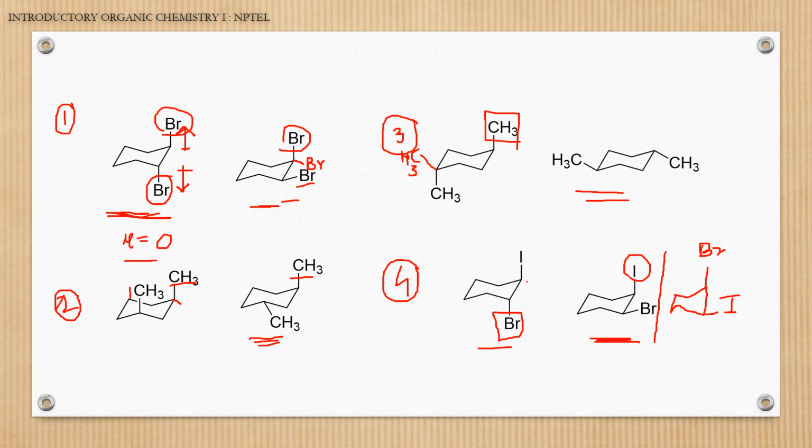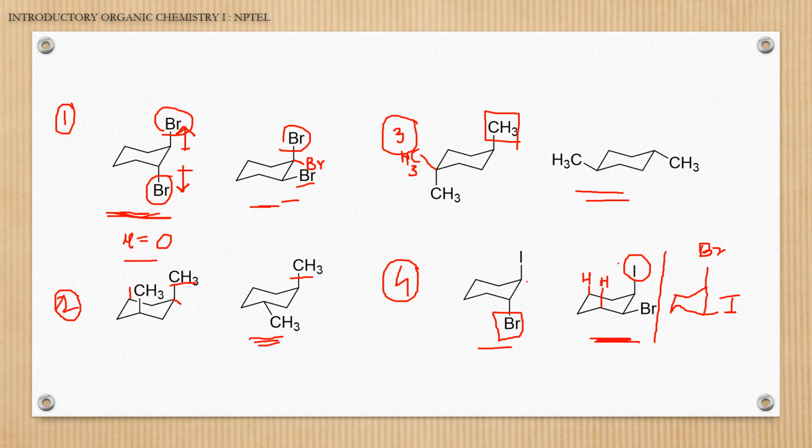So with the longer bond, the 1,3 diaxial interaction faced by these hydrogens is less, because now the iodine is not very close to these hydrogens. So if you have to compare between iodide at axial or bromide at axial,